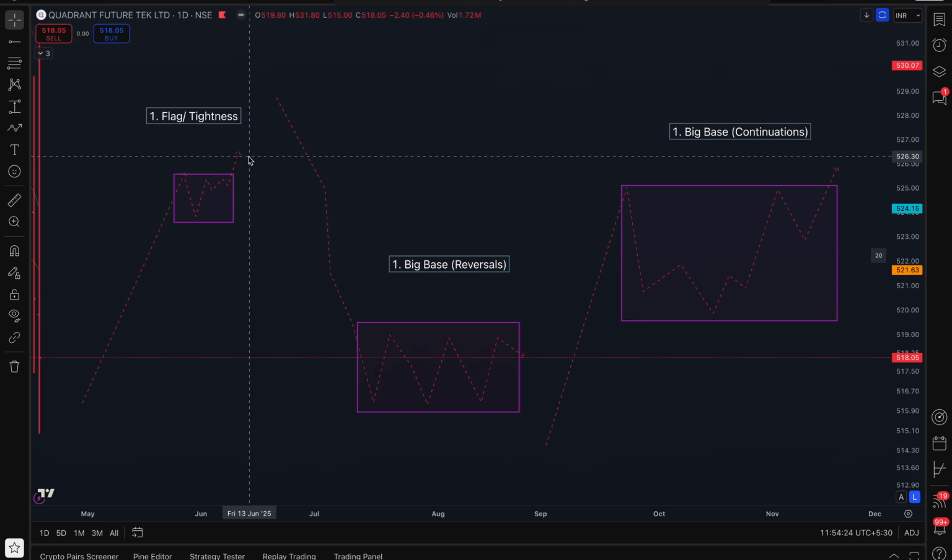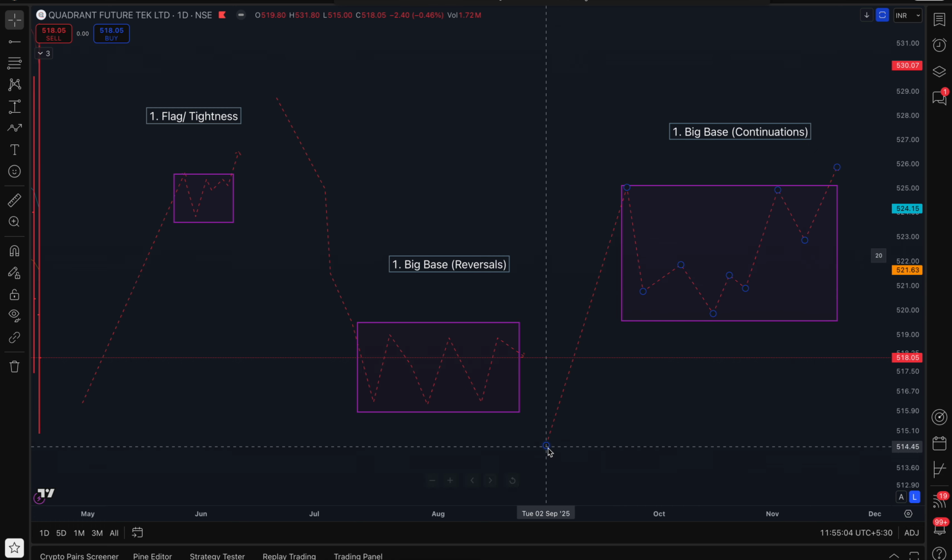The second category would be big base breakouts, either already done or about to break out. And there would be reversal based breakouts, and these are the kind of big bases more predominantly present in the market, simply because that is in line with the market structure. The market structure currently is also trying to make a bigger reversal base after a downtrend. And the other one, which is slightly rare, which will have I think 5 or 10 names, is the big base